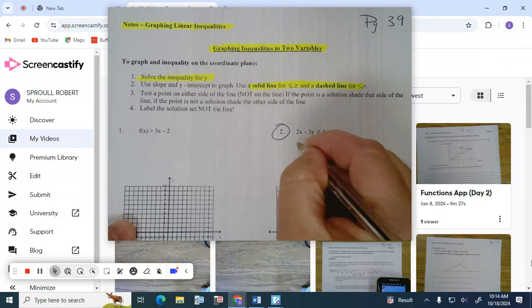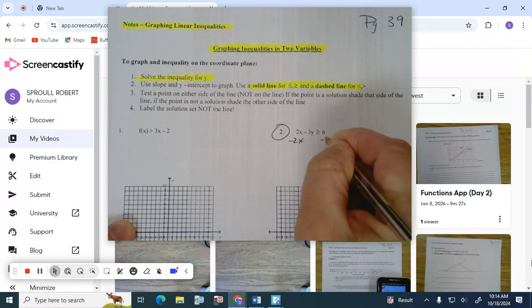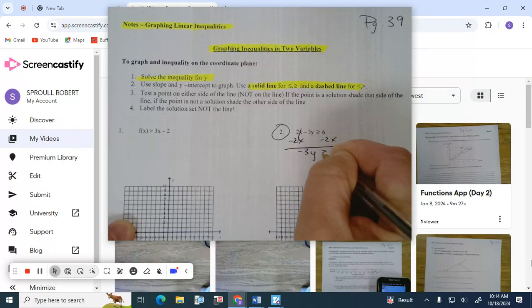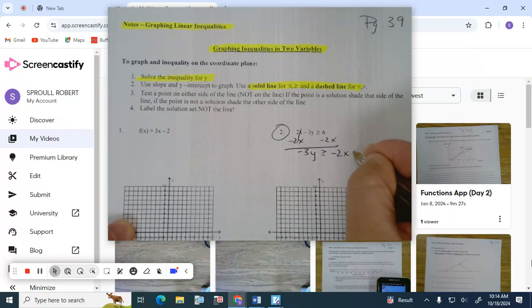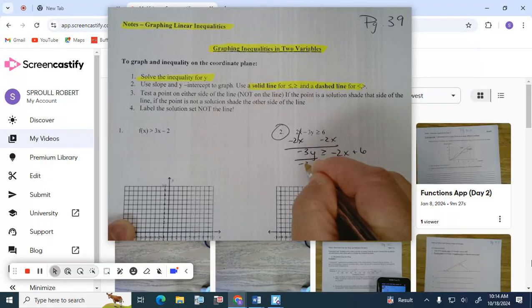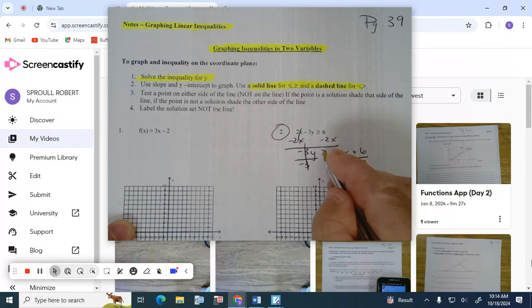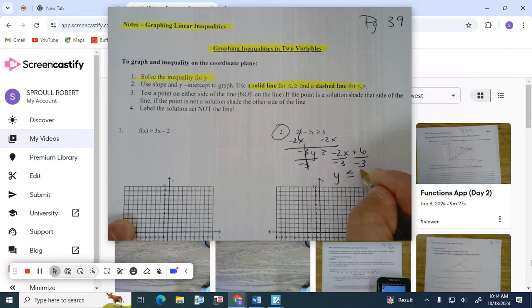So again, we're going to isolate the y, so let's just subtract our 2x on both sides. So we've got negative 3y greater than or equal to negative 2x plus 6. Divide everybody by negative 3. Now, with inequalities, let's remember, when you multiply or divide both sides by a negative, you switch the direction of the inequality. So you got to be very, very careful with that. So that's going to be y, instead of greater than or equal to, I'm going to change it to less than or equal to